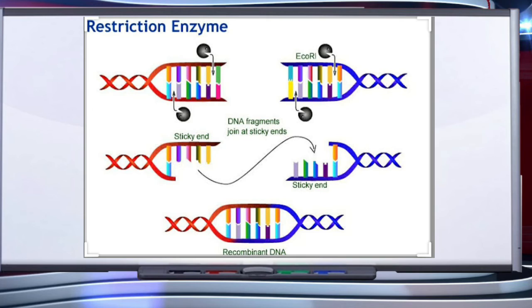Restriction endonucleases are used in genetic engineering to form recombinant molecules of DNA, which are composed of DNA from different genomes. These sticky ends are complementary to each other when cut by the same restriction enzyme, and therefore can be joined together using DNA ligases. So children, this is all about restriction enzymes, one of the tools of recombinant DNA technology. I hope you have understood.